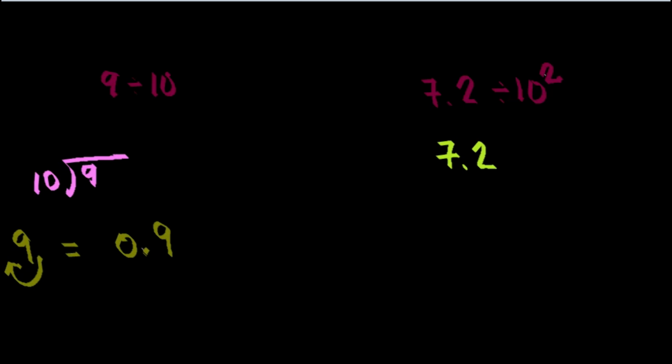Remember, so the exponent is 2, meaning my decimal point will be moved twice. So let me count. That's 1 time, 2 times. And this is going to be the new home of our decimal. So this brings us to the answer, which will be